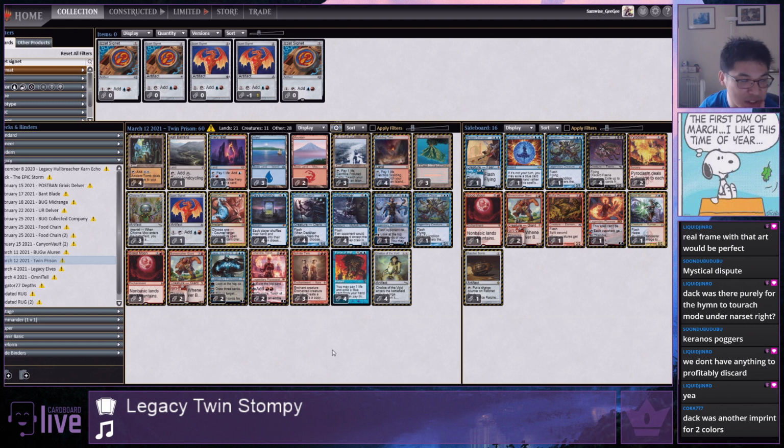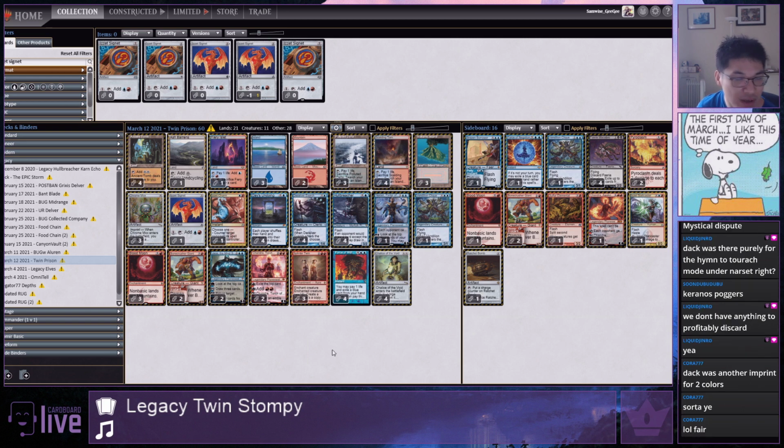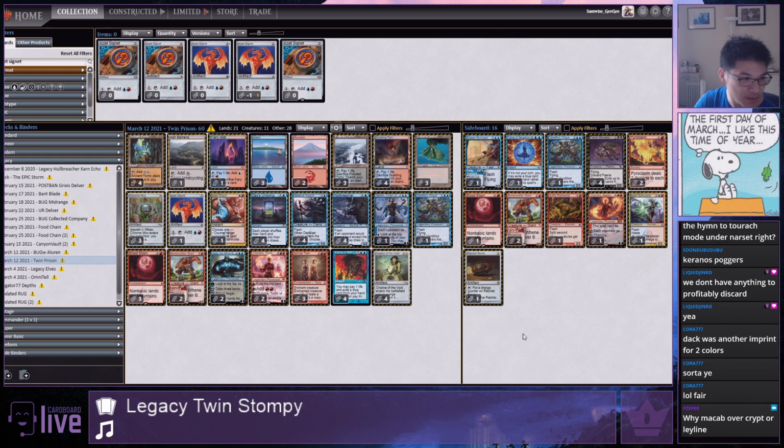It's possible that I'm just making the Chrome Moxen too bad, but I kind of hate Chrome Mox as it is. Not enough to cut it, because I think the way this deck is constructed, you have to play Chrome Mox, but so what do I want to do now? Probably...